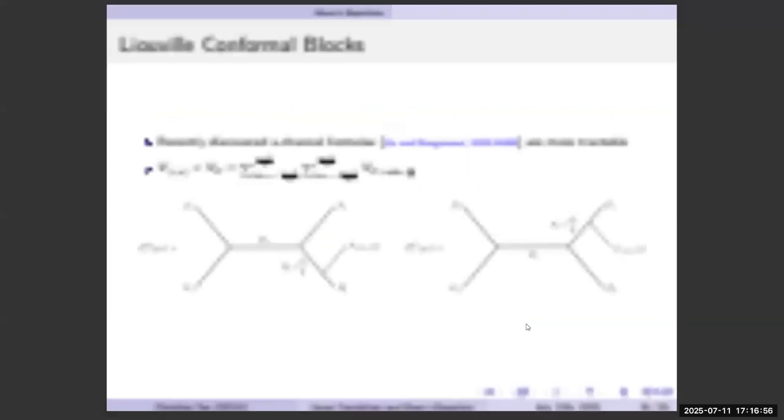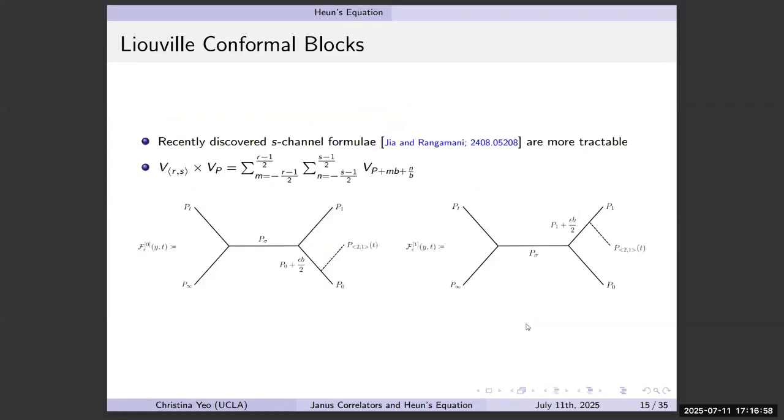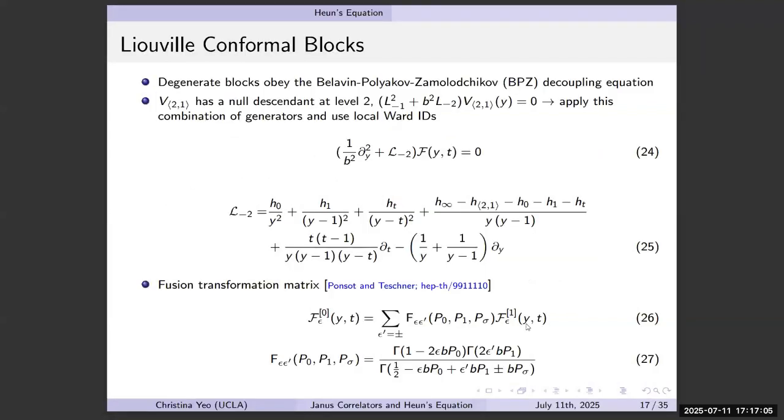And then this T here is where we put in this degenerate operator. Okay. So we have this conformal block that obeys this differential equation, and the solutions near the y=0 and y=1